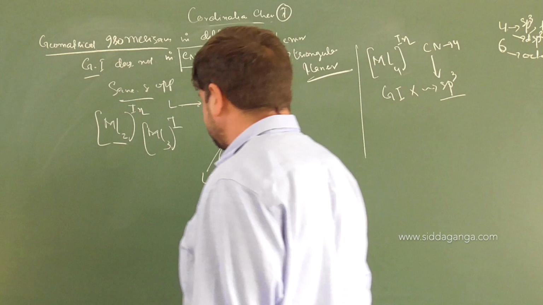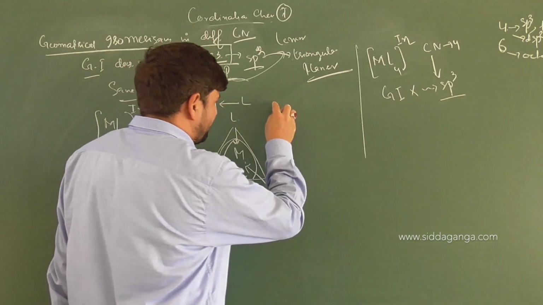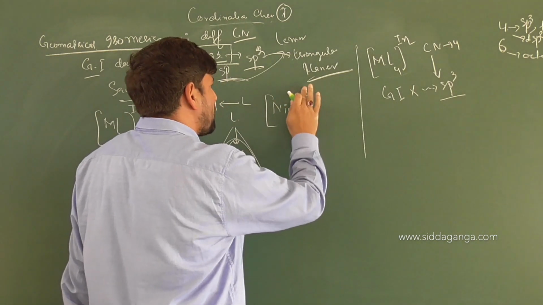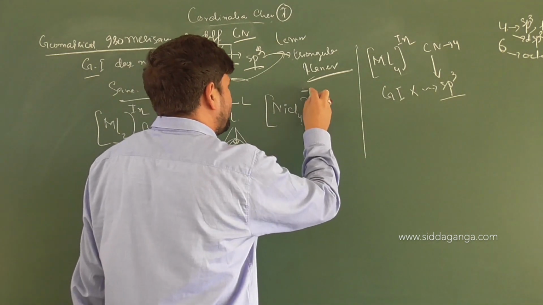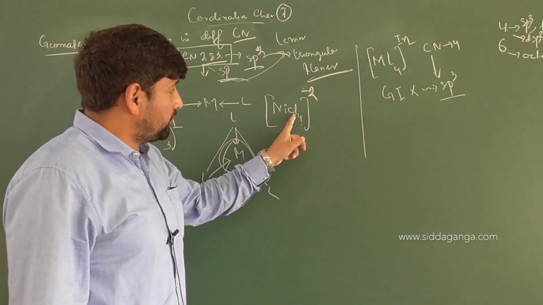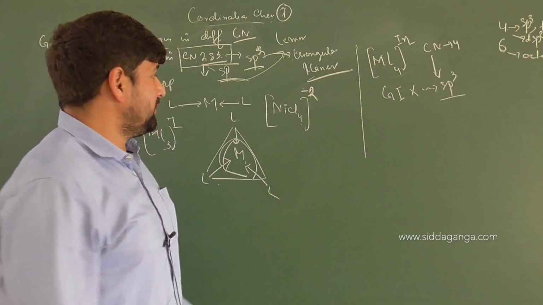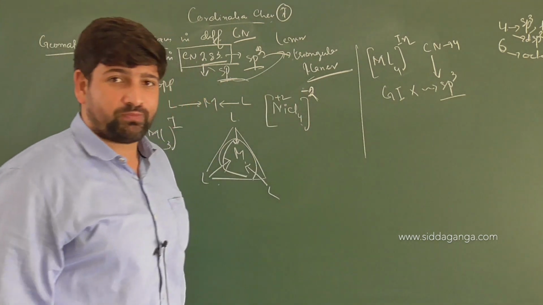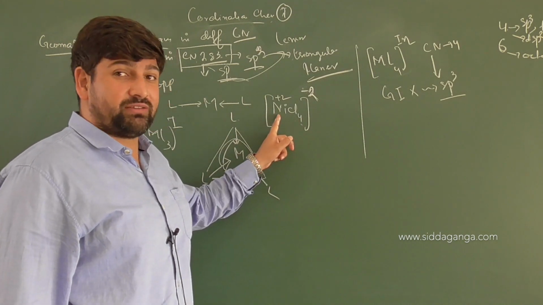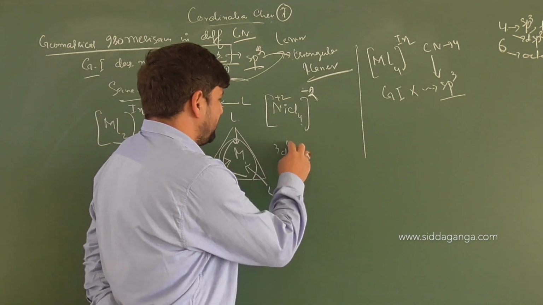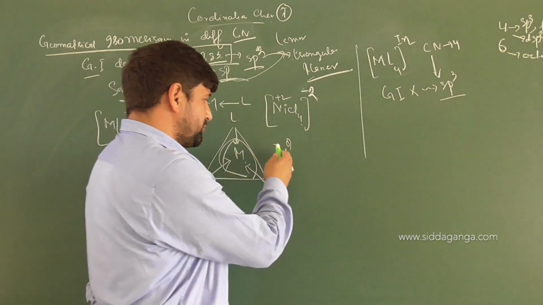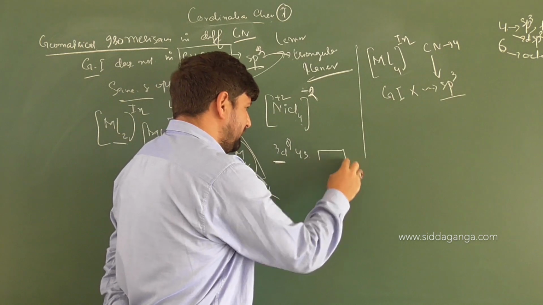Let me tell you what it means. Suppose we have a complex in the form of NiCl4, the charge of the complex is -2. It will be tetrachloronickelate(II) ion, because the oxidation state of nickel in the present case will be +2. Now generally, we have not found out hybridization so far. Nickel's electronic configuration will be 3d8 4s2. In a very simple way, it has lost how many electrons? 2. So d has how many electrons? 8. So 3d is filled, 4s is free and 4p is also there.